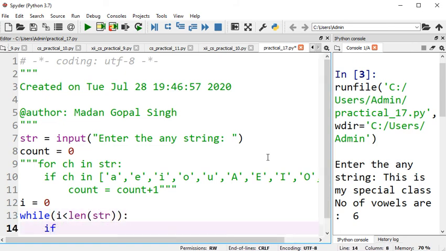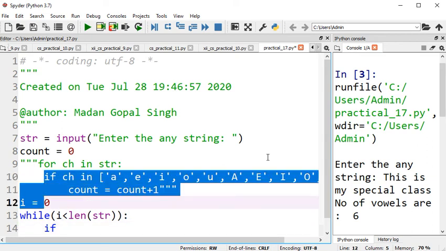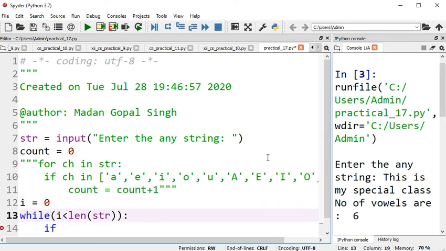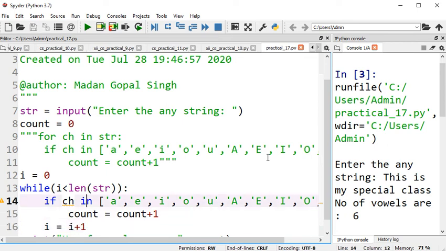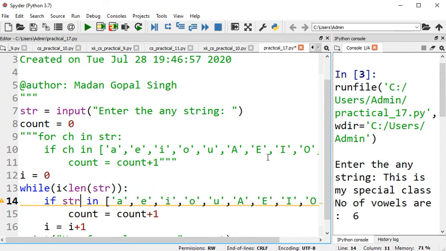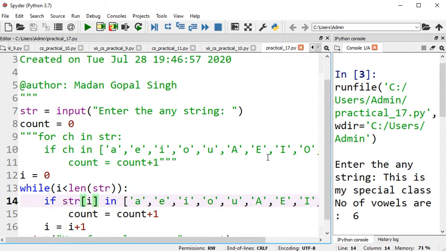And the if condition, we need to write very similar to as it is. We need not change this condition. This condition will remain the same. But one more thing that you need to do is i equals to i plus 1 here, because otherwise it will become an infinite loop. Okay, here in place of ch you need to write str and then i. Because this time we need to access using the index, because i is the index, and you can access any string using its index.